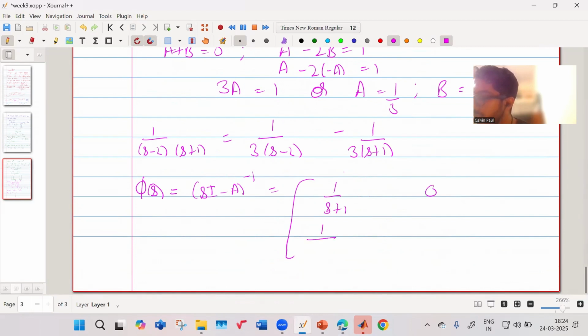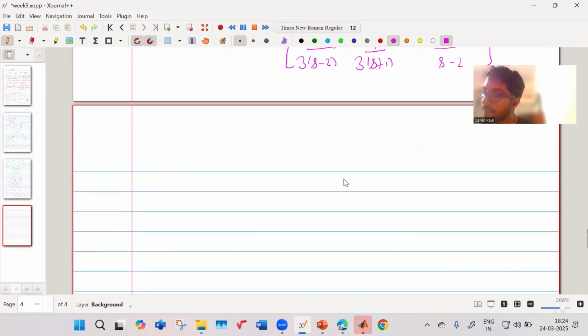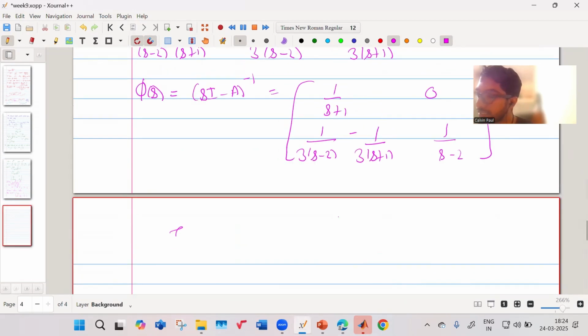0, 1 upon 3 (s minus 2) minus 1 upon 3 (s plus 1), and 1 upon (s minus 2). So this is my phi of s. So then, taking the inverse Laplace transform, we get